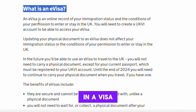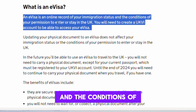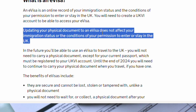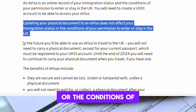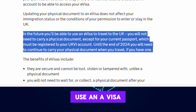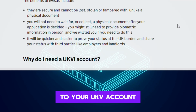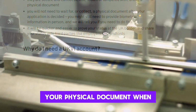What is an e-visa? An e-visa is an online record of your immigration status and the conditions of your permission to enter or stay in the UK. You will need to create a UK account to be able to access your e-visa. Updating your physical document to an e-visa does not affect your immigration status or the conditions of your permission to enter or stay in the UK. In the future, you'll be able to use an e-visa to travel to the UK. You will not need to carry a physical document, except for your current passport, which must be registered to your UK account. Until the end of 2024, you will need to continue to carry your physical document when you travel,